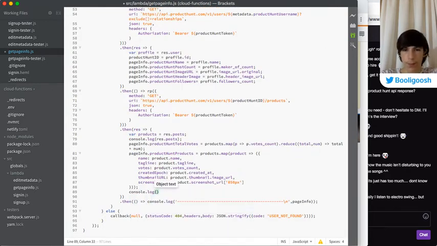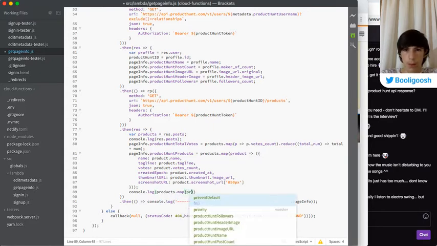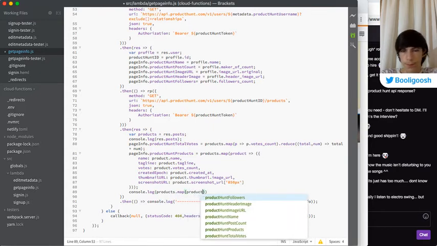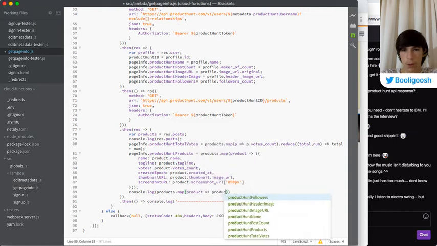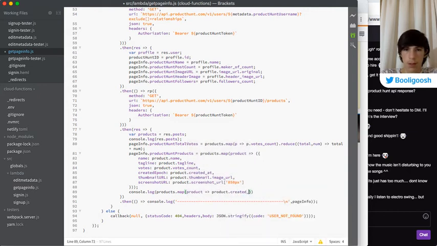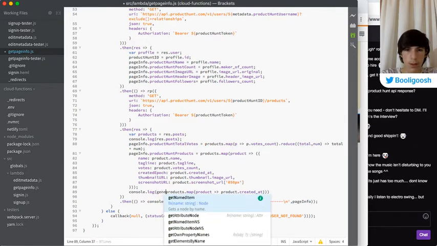So now if we say console.log, let's say products.map product.created at. Now let's say generate pairs.